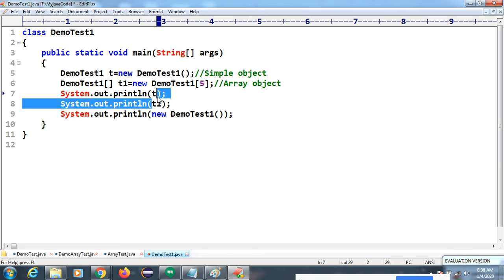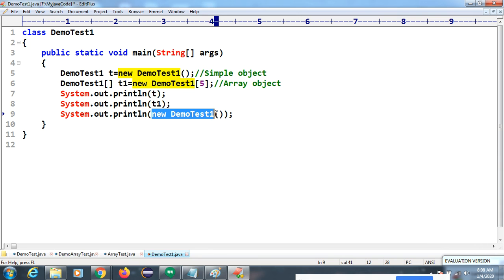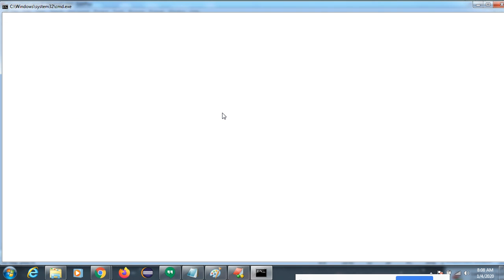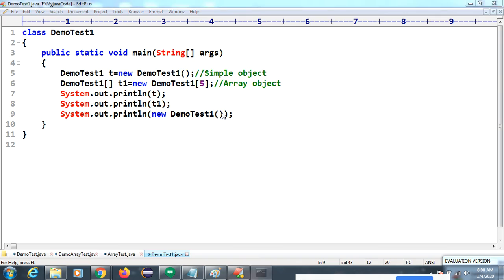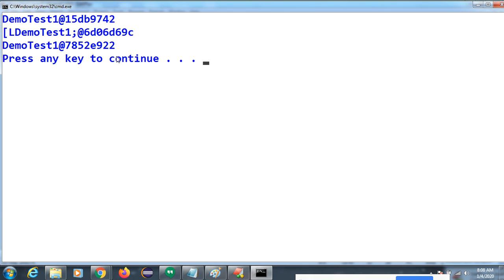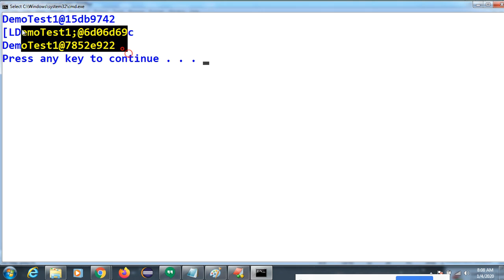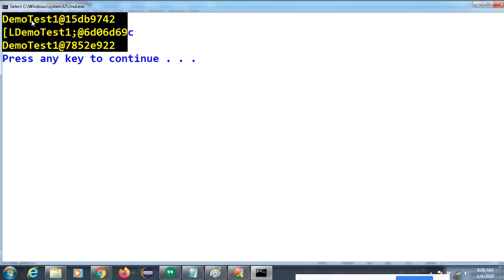If you display the reference variable, we will get hash code. And even if we display only the object, we will get hash code. Okay, you can see this hash code, I told you, right? Random number generated. So this is also having some twist. This hash code is generated by JVM. Then if we have a requirement, no, I want to generate my hash code, we will learn this part in the